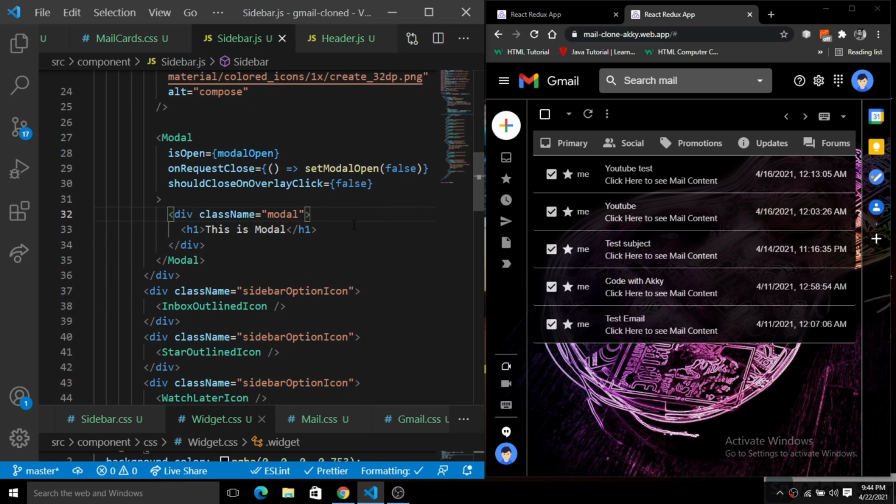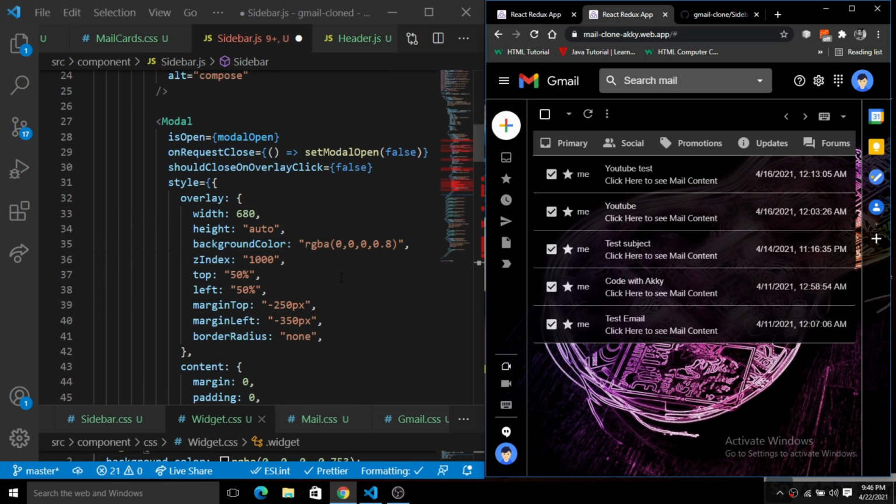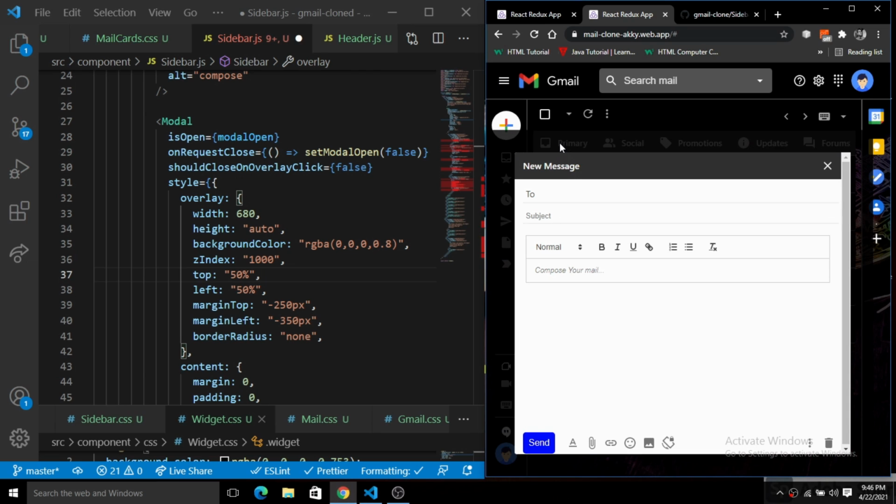Just pay attention here. So here we have the style, we have the overlay. So what is the overlay? You can see here we have this overlay. The blackish background that surrounds the content of this modal is the overlay. So basically this is the overlay, we have given the overlay here.